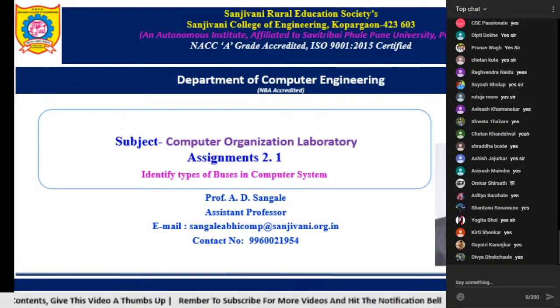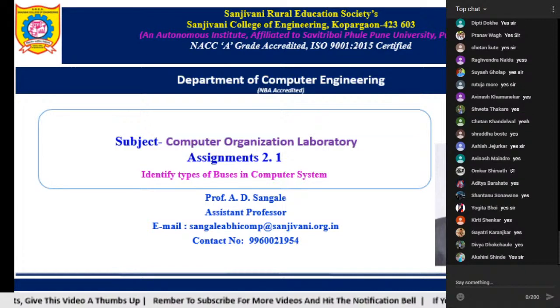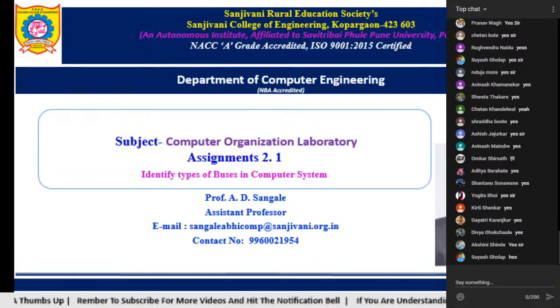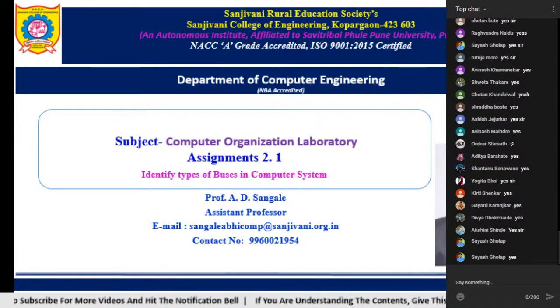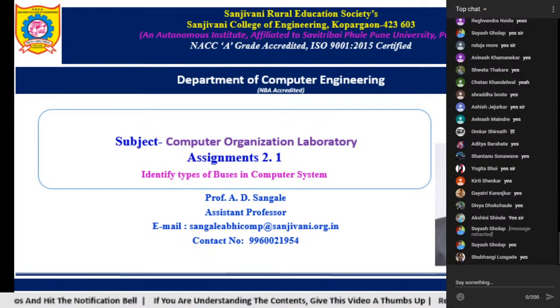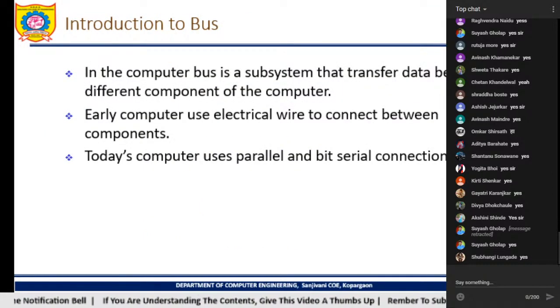Yes, what it does, it carries people from one station to another station, right? So the use of a bus in a computer is for carrying information, data, commands, or anything related to processing in a system. It can be current also, electricity also in the computer system, that is done by buses. So buses are used for communication or movement of data within the system. Okay, so we'll be introducing our bus.